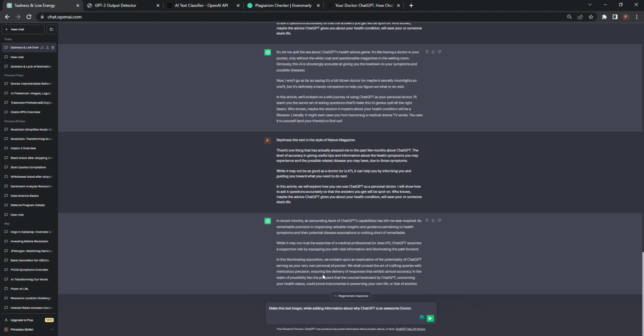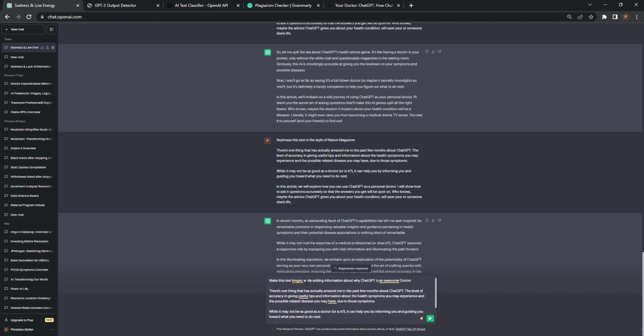So first I told it to make the text longer, and then I told it specifically what to add more information about, so you can tell it what information to add. You can tell it, make this text longer while explaining what ChatGPT is and